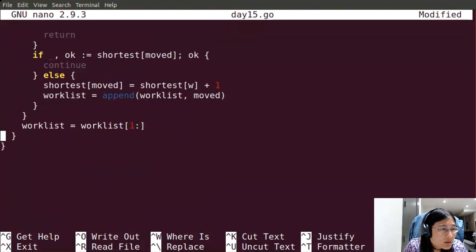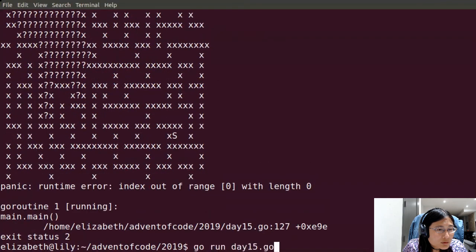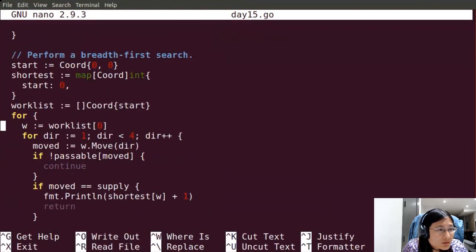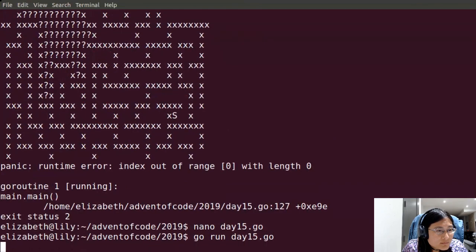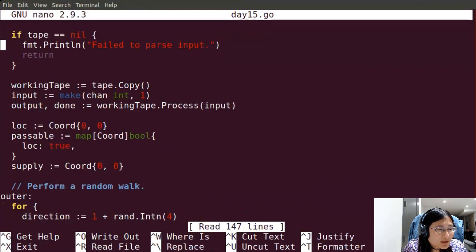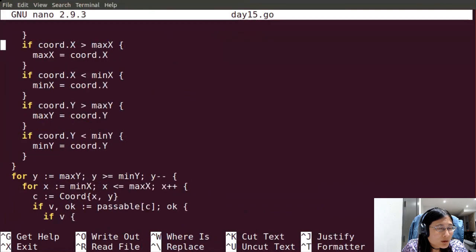Okay, fine. There is definitely something there. Okay, no, things are not getting appended to the work list correctly. Okay, that would explain a lot.